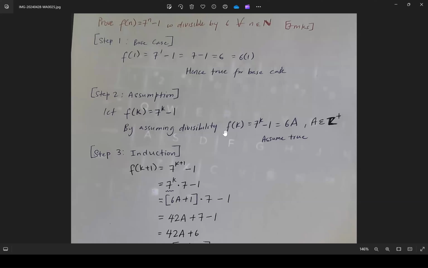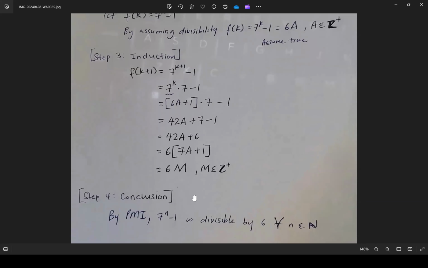Was it asked last year? I don't think so. I don't think there was a question last year on it. So will it be this year? Probably. But I'm telling you, this is actually a really easy topic if you just follow the steps. Base case, assume, induction, conclusion. If the question is hard,